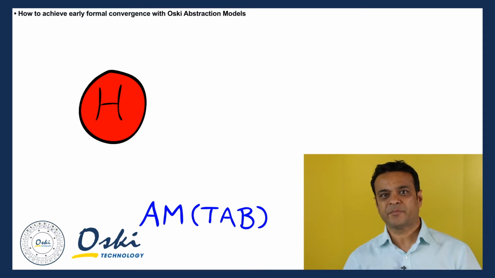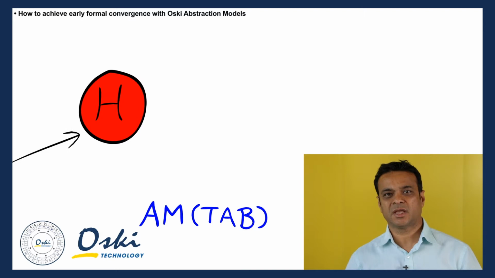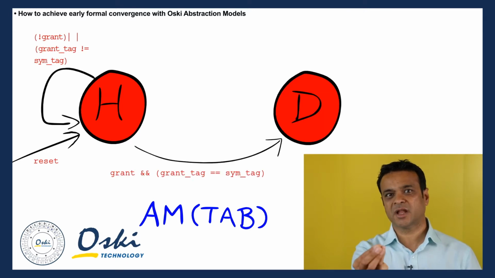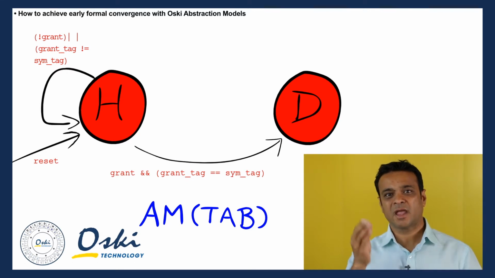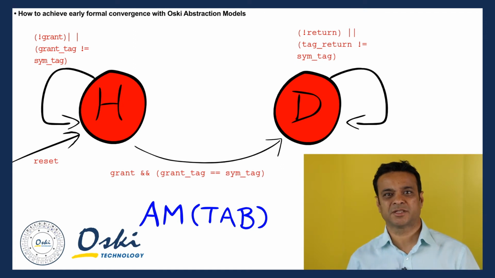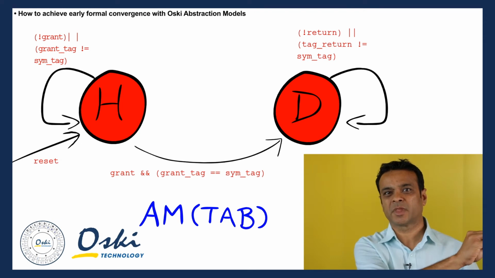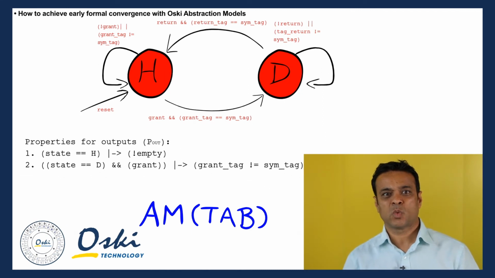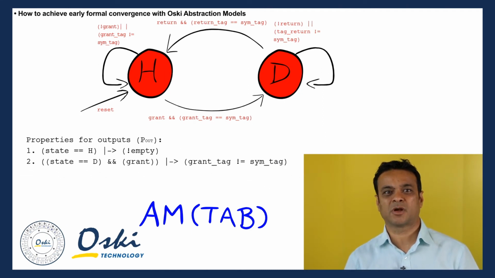I'm going to build a state machine which has only 2 states, H and D. H denotes that the state machine has tag 79. D denotes it does not have 79. I start with H, and if you come and ask me for a tag, I can give you either 79 or something else. If I give you 79, I move to state D. If I give you something else, I stay in state H. I cannot say I'm empty because I have at least 79. When I go to D, I'm allowed to say I'm empty, and if I get 79 from D, I come back to H. So I have these additional properties which characterize the behavior of the abstraction model,